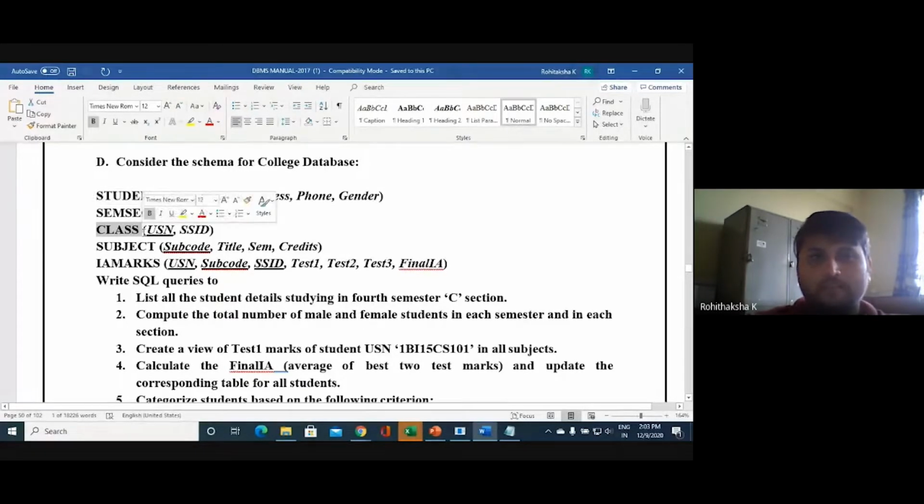The class, it is derived from this one. Then subject, which subject that particular student is enrolled to, and the IA marks. So one, two, three, four, five relations, or five tables, need to be created. And coming back to the attributes,